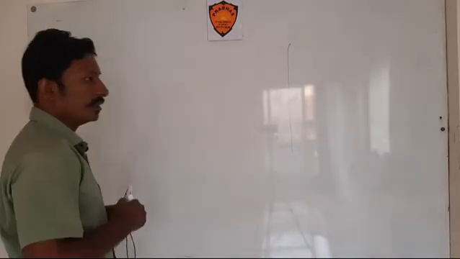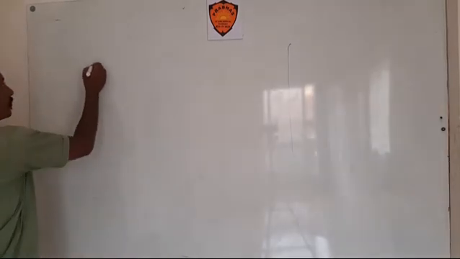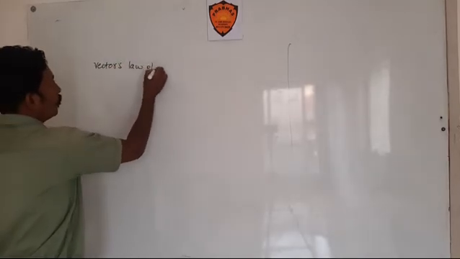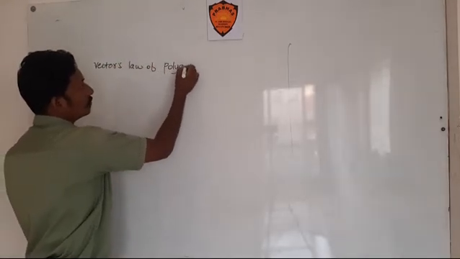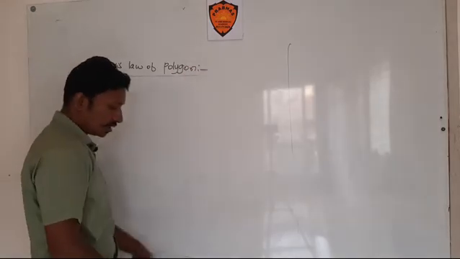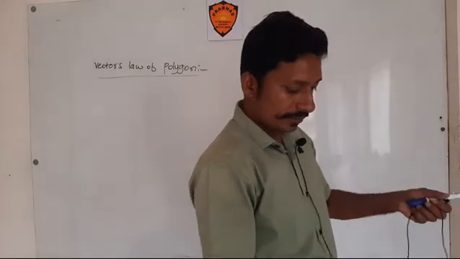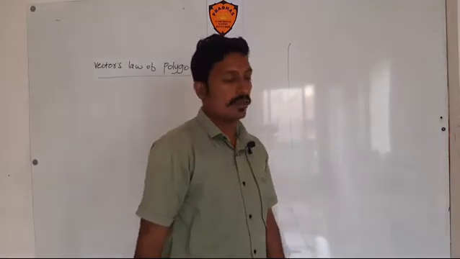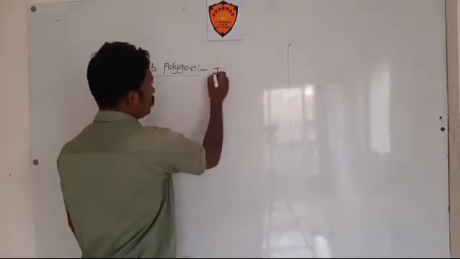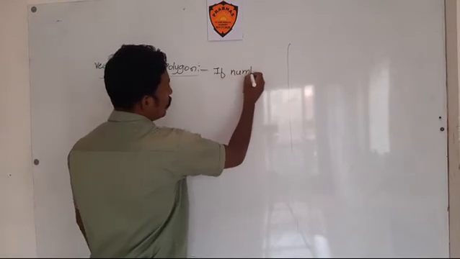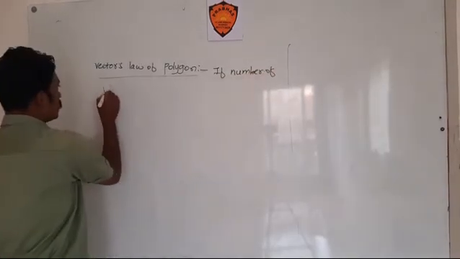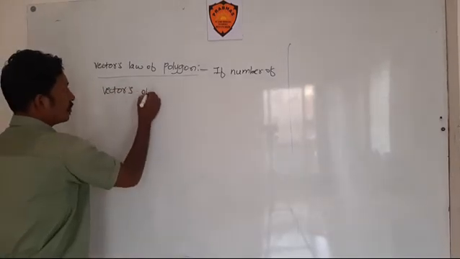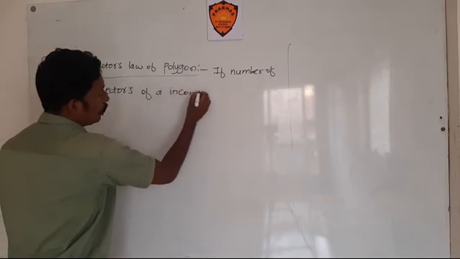Next point, student, vectors law of polygon. What is the statement of the vectors law of polygon? Then I write the statement of the vectors law of polygon first, student. Then I represent this law. Okay, if number of vectors of an incomplete polygon,